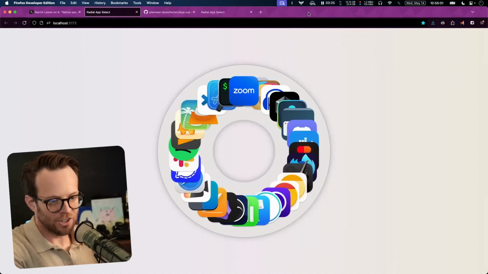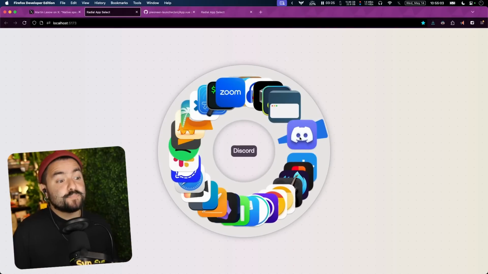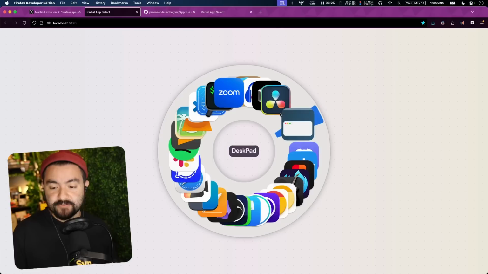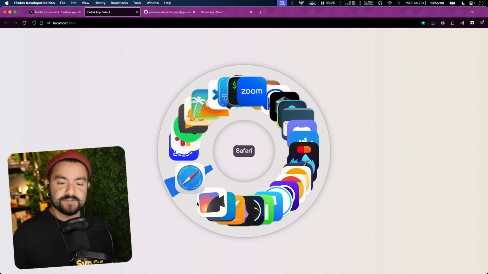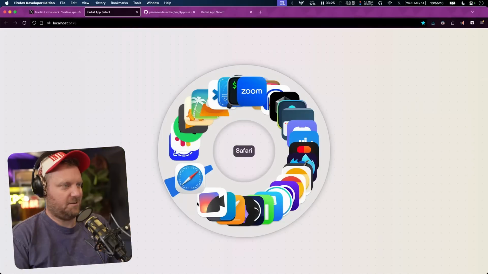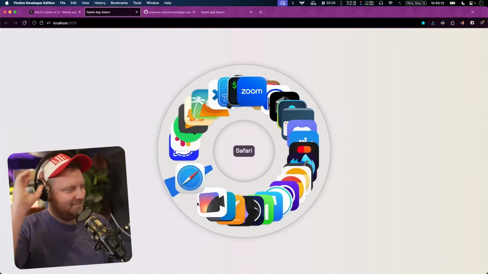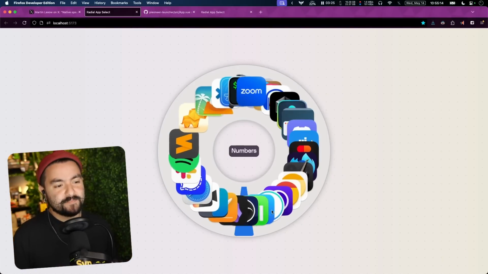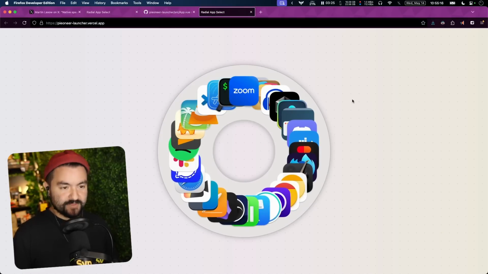Did you crunch down the icons? I pulled my system icons. Yeah, so I didn't want to go through and name every single icon, so I wrote a script that got every single one of my icons on my machine, pulled the base64 image, and then I made them a lot smaller. So when they load,